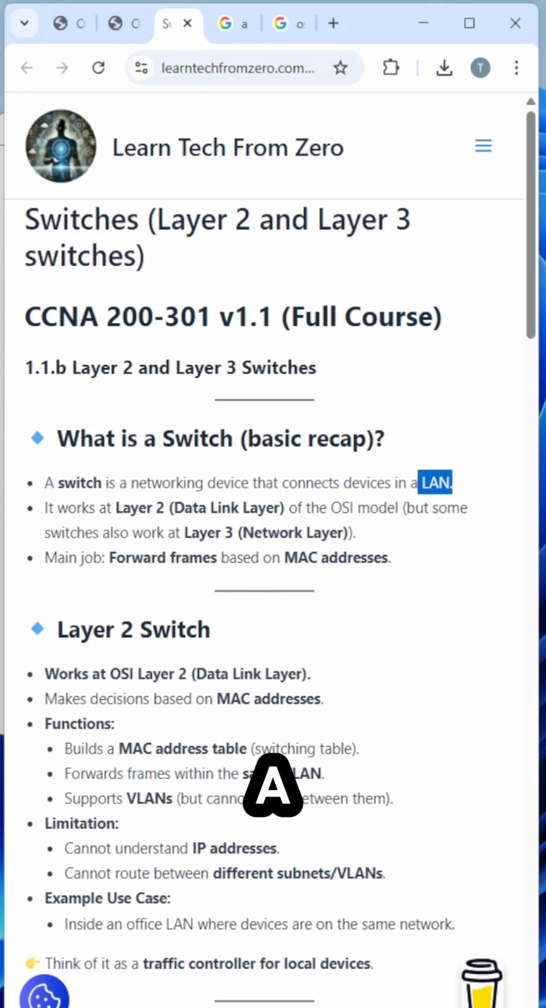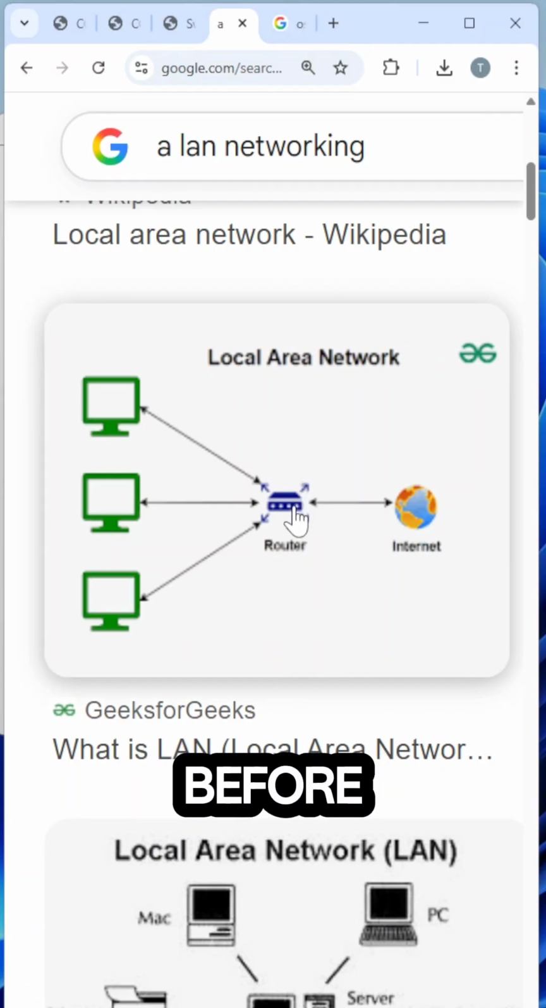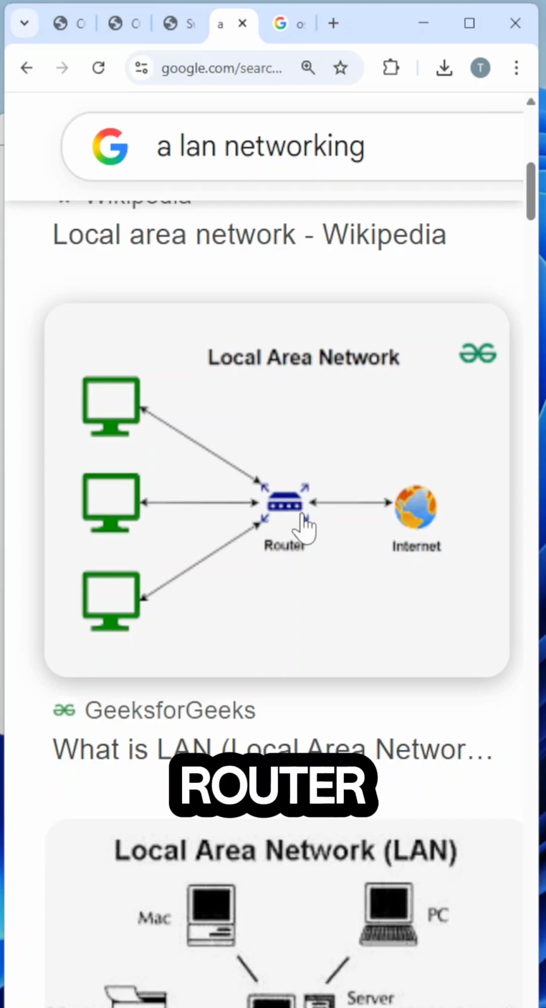So what is a LAN? LAN is a local area network. For example, anything before the router is a LAN. Before you access the internet, anything before that section is LAN. Like you can see, there are three different computers connected to this router. So before you access the internet, this part is LAN. In your home environment,